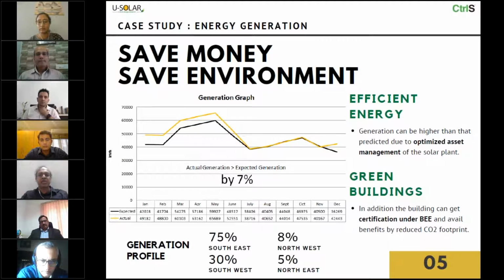Again, obviously the generation is not as good as it would be if you just did it on your roof, simply because this is a vertical facade. So the generation is about 50% of what you would get on your roof. But nevertheless, if you're planning to put glass, then you might as well put solar glass, and that is really what the data is showing us.